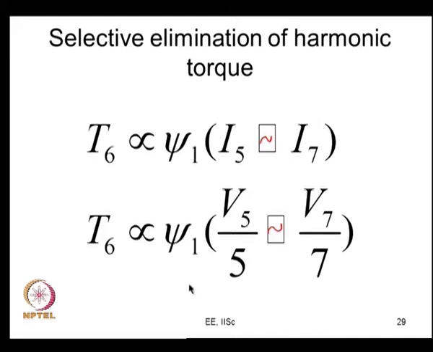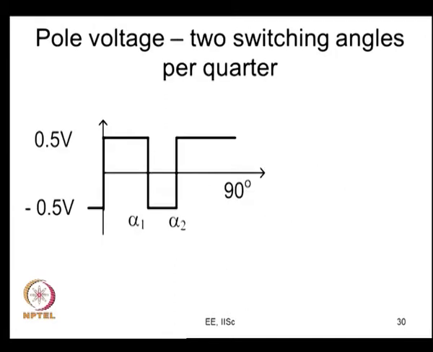So, this part is proportional to whatever is given by the fifth harmonic, and the psi 1 V7 by 7 is a measure of the sixth harmonic torque corresponding to that. These could be such that if their amplitudes are chosen such that they cancel out, it is possible that you can have 0 sixth harmonic torque. So, this is like we eliminated